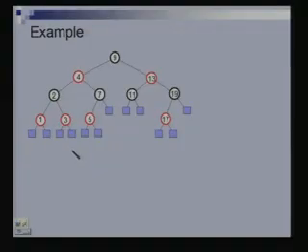So, this is my red black tree, right. I am going to convert it into a 2,4 tree. So, I start with the root node, and I look at its red children. It has 2 red children, right. So, all of these would combine into a single node of my 2,4 tree.